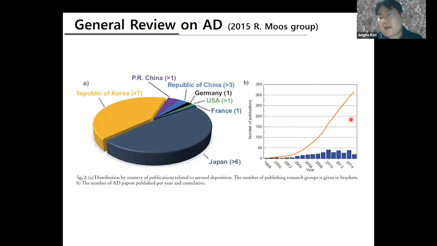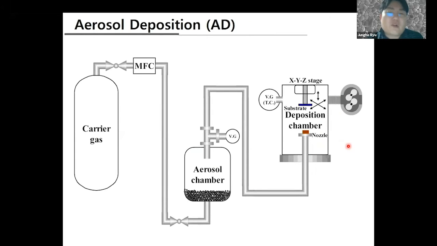This next graph shows the published number of papers. It is gradually increasing these days as well. So yearly, like 50 papers or 40 papers are published in the journals. So then what is the aerosol deposition? It's simply, I think you can,